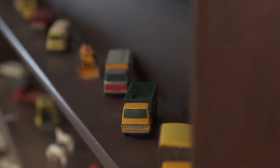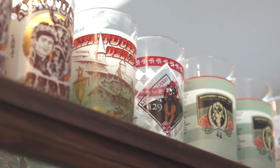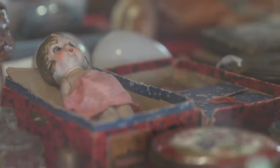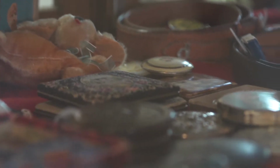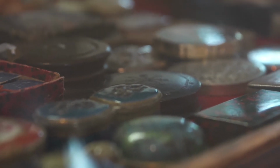So just an interesting array of items, and everything has a history, everything's lasted, it's stood the test of time. And we travel around to area homes. We have a fairly large footprint in the area we buy in. That's roughly a 100-mile radius from here. Often you're going into homes, maybe here in Old Town, and it's an original family home, and it's so exciting